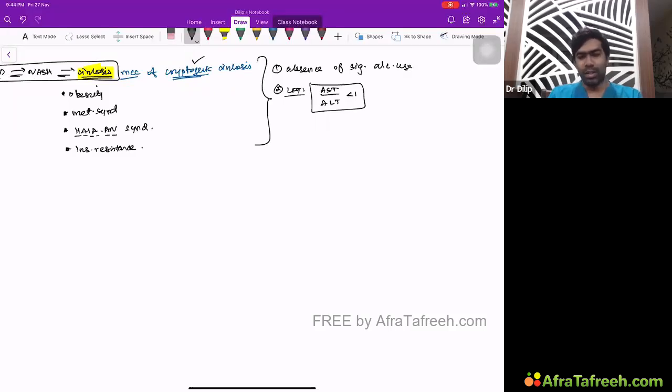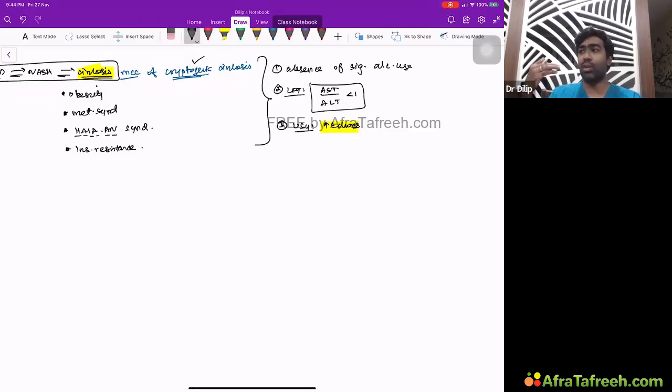Clear? At the same time, you cannot tell much with ultrasound, because ultrasound will show increased echoes. That is because of the fat. Fat will show increased echoes. So how will you compare the echoes? In ultrasound, you generally compare with the echoes of the renal cortex. When you compare with the renal cortex, if the liver has more echogenicity than the renal cortex, that is what we call increased echoes.